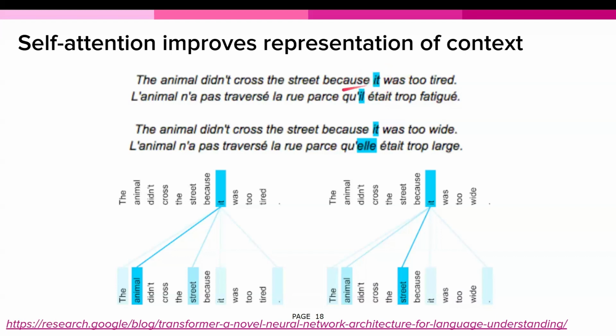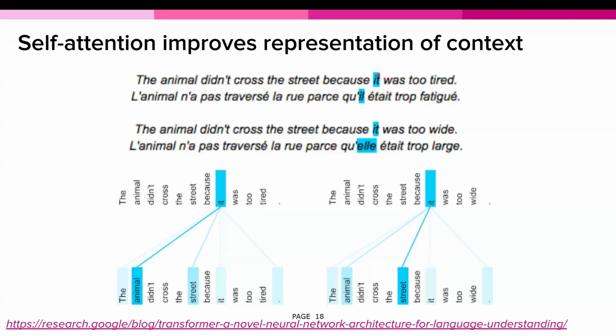To translate this sentence effectively, we're going to have to recognize whether the noun to which it is referring is masculine or feminine. In this case, it refers to animal,